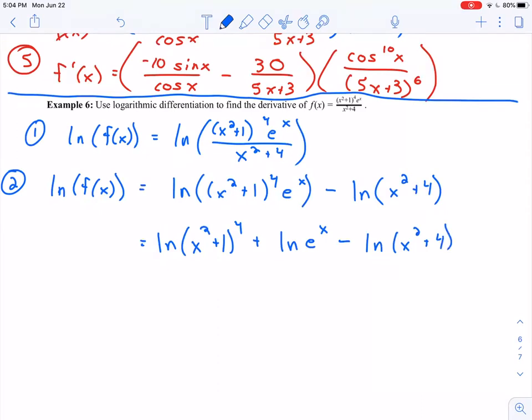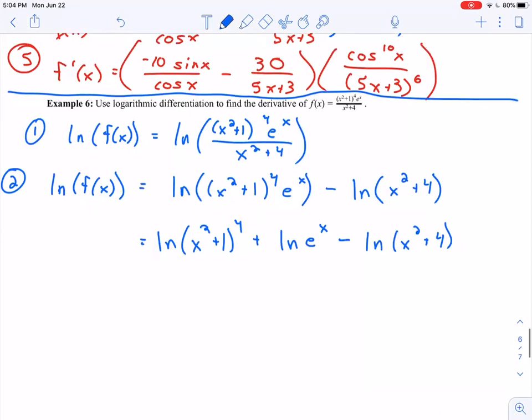Okay, and I'm going to say, can I simplify any of these logarithms anymore? Because that's what I want to do. And I see that power, x squared plus 1 to the 4th power. I absolutely can simplify that. I can bring this 4 down, I can rewrite that as a factor. So this is really 4 times natural log of x squared plus 1 plus, this piece is really subtle, natural